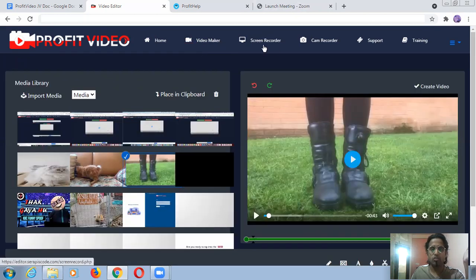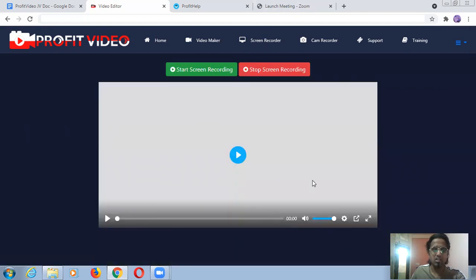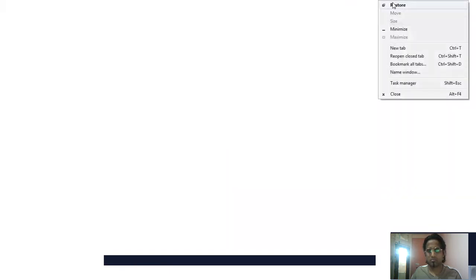Now I'm going to the screen recording option. Let's see what will happen. Now this is a screen, you can see I'm running my cursor. I'm just going to start screen recording. Just click on this and let's see what will come. Let me minimize this one.